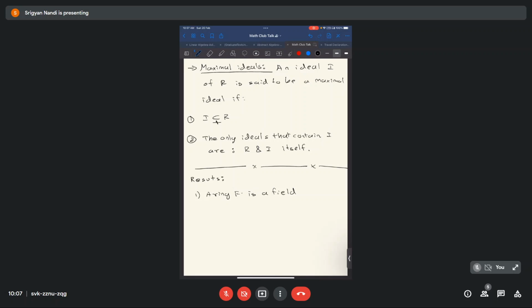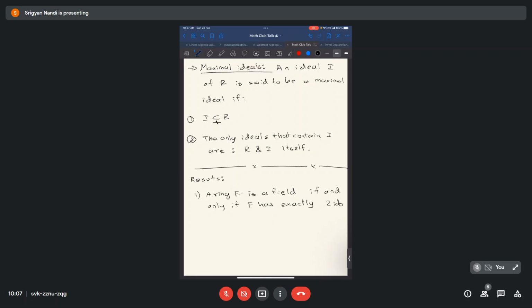You may recall that a field is a ring in which every nice property that we want is satisfied, namely that multiplication is also closed under inverses for all non-zero elements. So a ring F is a field if and only if F has exactly